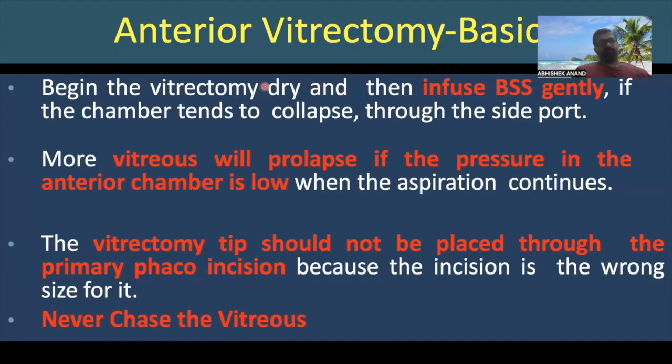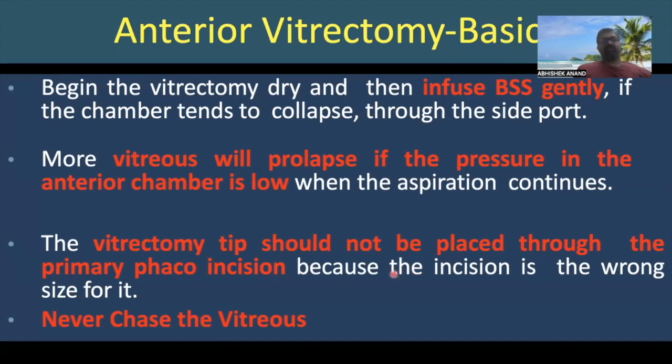Begin the vitrectomy dry and then infuse BSS gently if the chamber tends to collapse through the side port. More vitreous will prolapse if the pressure in the anterior chamber is low when the aspiration continues. So we must give a side port infusion. The vitrectomy tip should not be placed through the primary phaco incision, and the urge to do so should be avoided